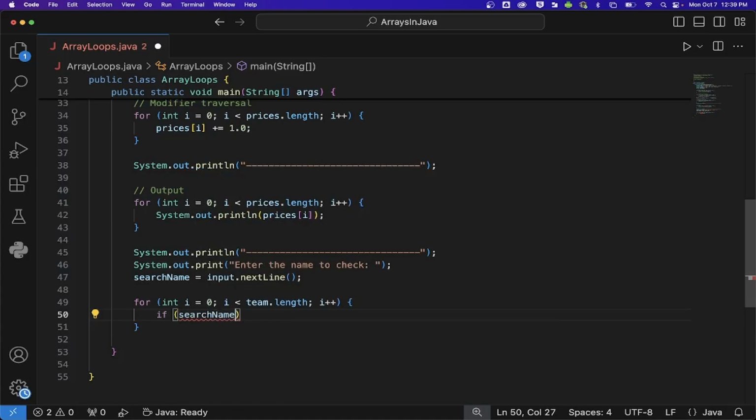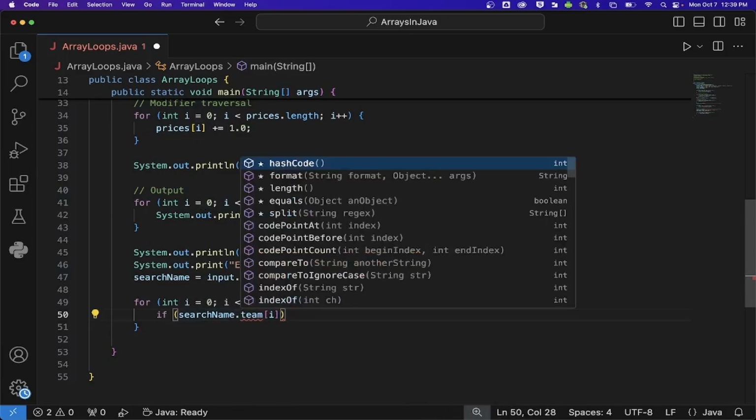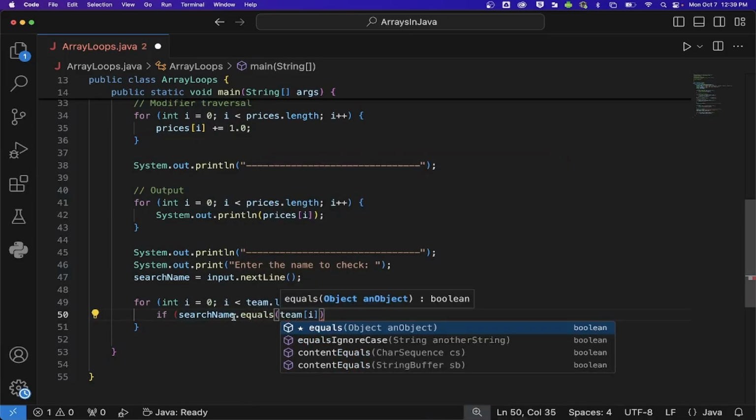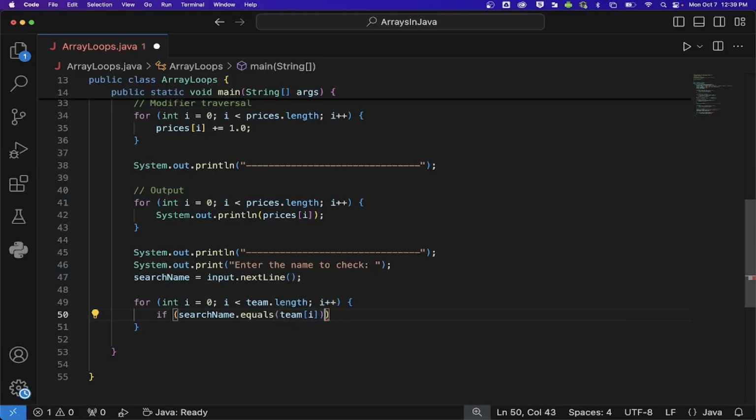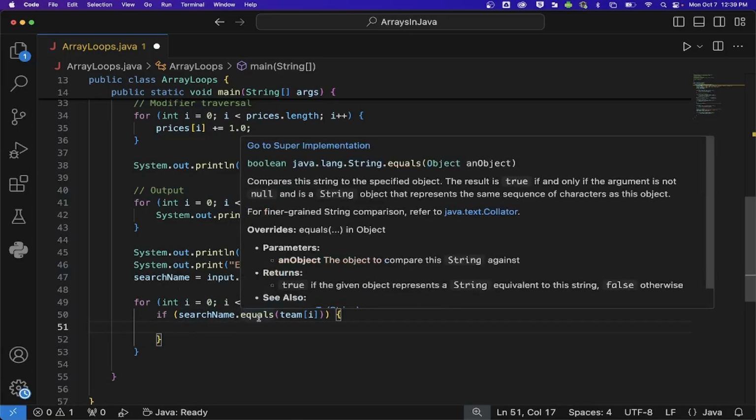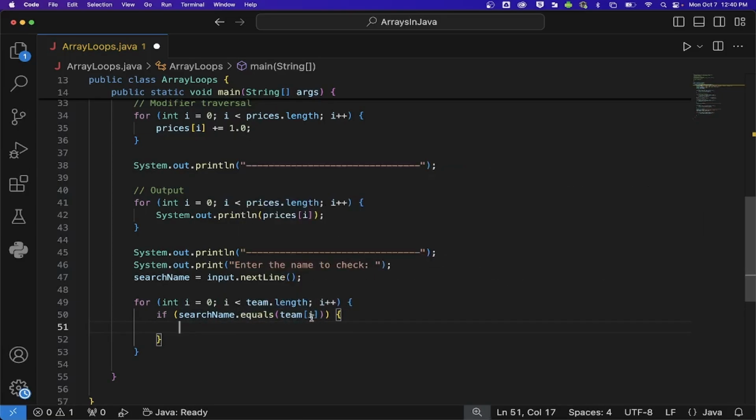In order to compare two strings, we shouldn't just do this, for example, team[i] == name. There's a chance that might work depending on the way the Java runtime handles strings, but it's not really going to work. So we have to do dot equals. It's just a quirk of the Java language. Most other languages don't really do it that way anymore. Okay, so if the search name is equal to the current name, the name at the current index, then let's